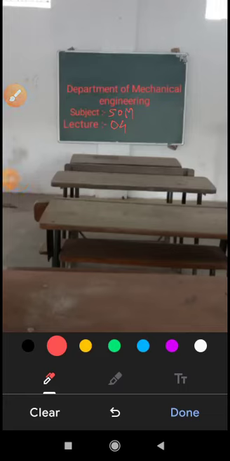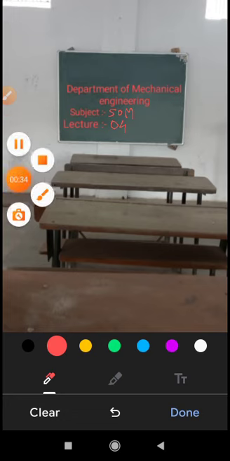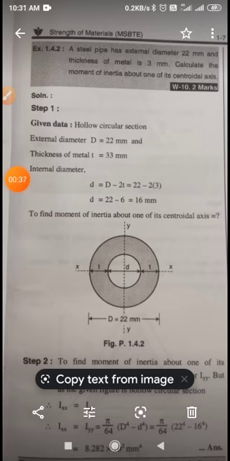Fourth lecture of Strength of Materials, in which we have seen up to today's lecture the moment of inertia of different shapes, the principle of parallel axis, the principle of perpendicular axis, and many other things. Now today we will solve some numericals on moment of inertia, considering that you have prepared the formulas. Without the formulas you can't solve these examples. Let's see the first problem of moment of inertia.